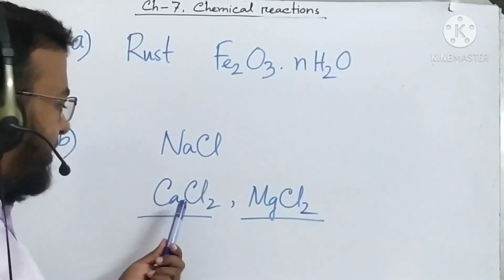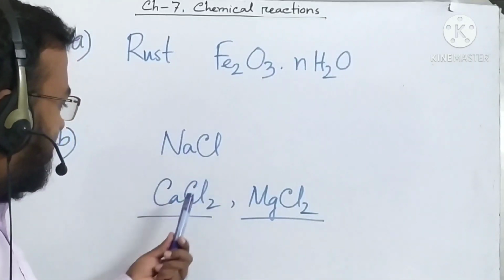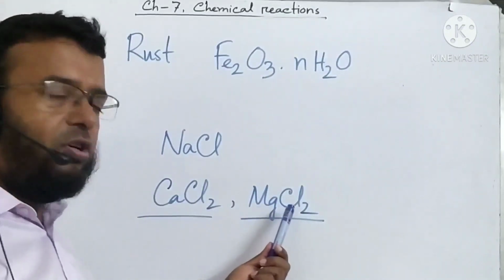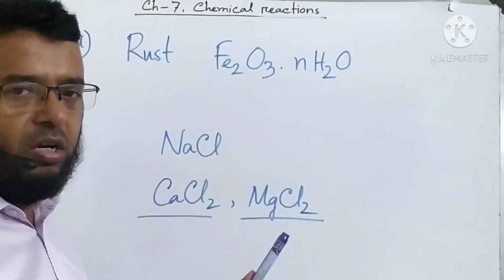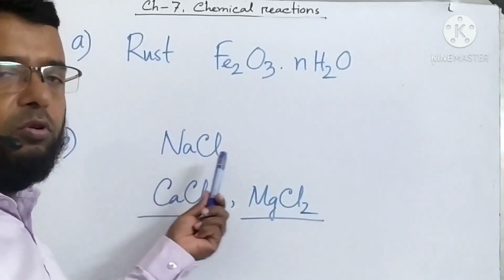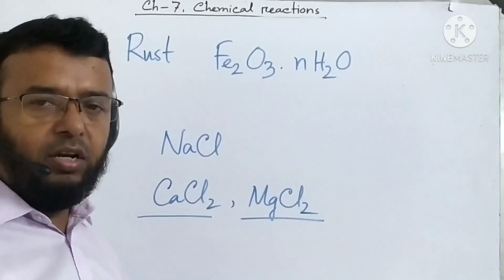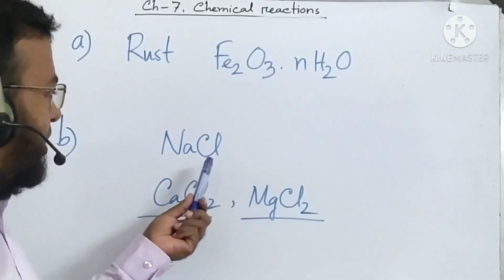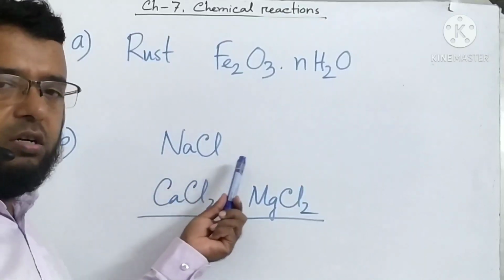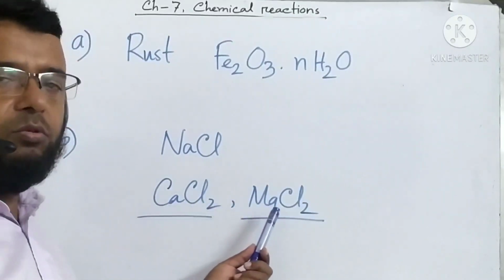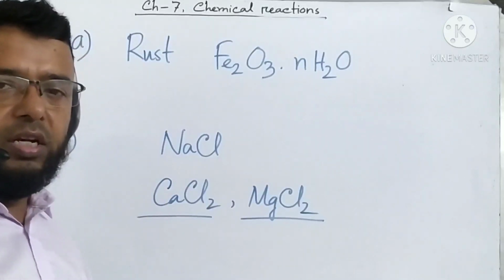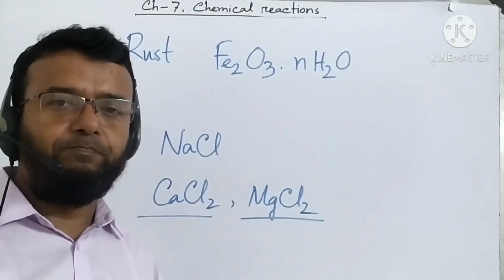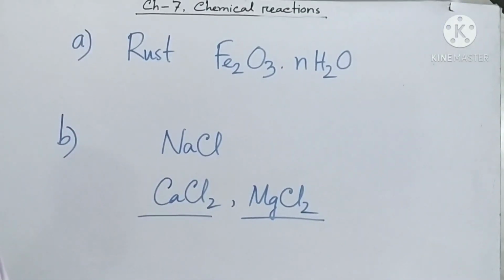The reason is that sodium chloride is mixed with different types of salt, that is calcium chloride and magnesium chloride, and these types of salts are hydrophilic substances. They absorb water. For this reason edible salt, sodium chloride, becomes wet during the rainy season. But pure sodium chloride is not a hydrophilic substance, it never absorbs water, but calcium chloride and magnesium chloride absorb water. For this reason during the rainy season our edible salt that we eat becomes wet.